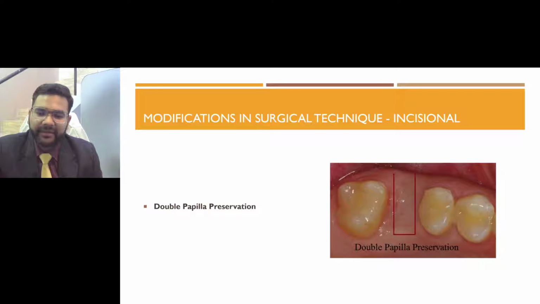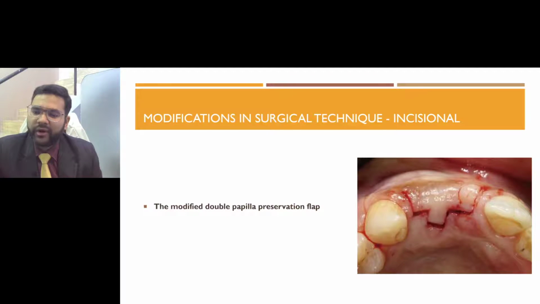Then we have a double papilla preservation design. This type of flap design is used to preserve both the mesial and the distal papillae. Both these are preserved even in the punch type flap, but when you want to mobilize the tissue for better visibility or augmenting this tissue, then you need to raise a flap, which is not possible in a punch technique. It will give a good amount of uncovering and mobilize the tissue on the buccal aspect. Here two vertical releasing incisions are given and they are connected with the lingual or palatal crestal incision, which will let you raise the flap towards the buccal aspect.